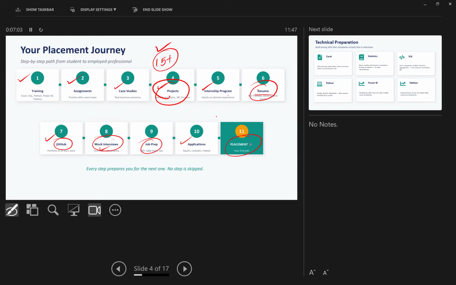This process, whatever I explained, the resume building, GitHub, mock interviews, all of these will happen parallelly with your training. These are not going to come after you complete your entire course. It's running parallelly. Classes will go on, interviews will be going on, resume building classes, communication skills and soft skills classes will go on parallelly with your course, so that no time is wasted. By the end of this course, your resume will be ready, your mock interviews will have been going on, and you are already feeling confident about your interviews.